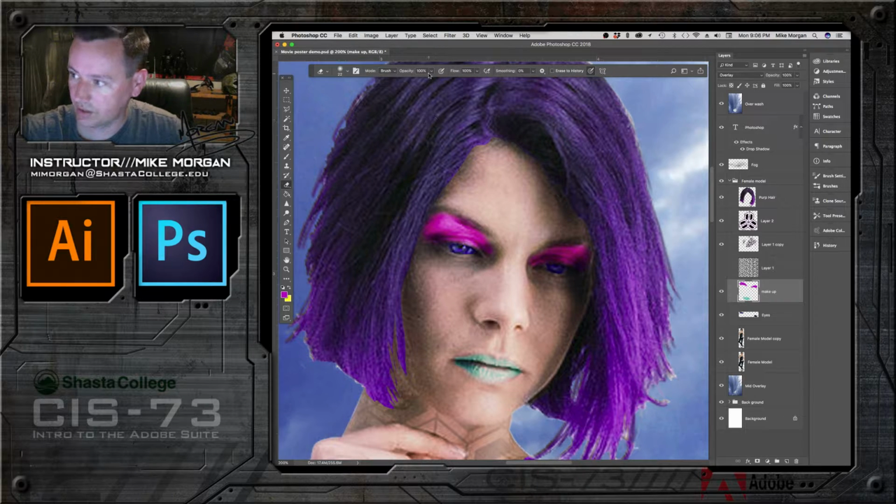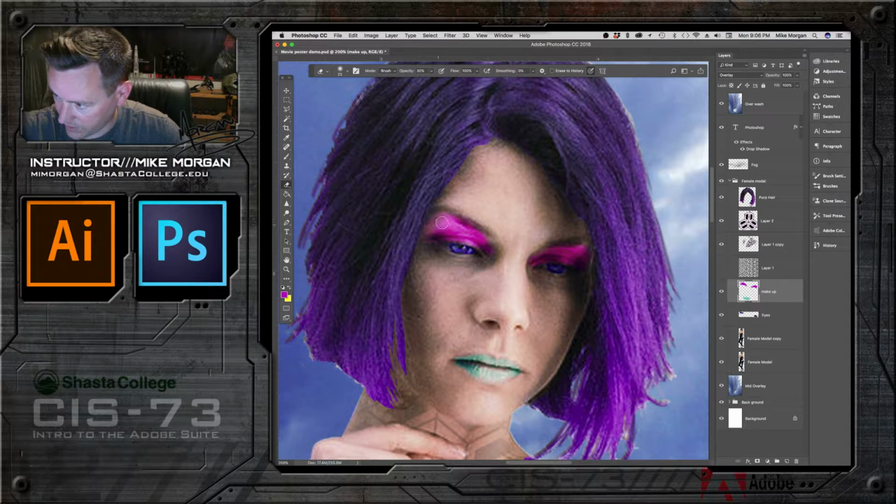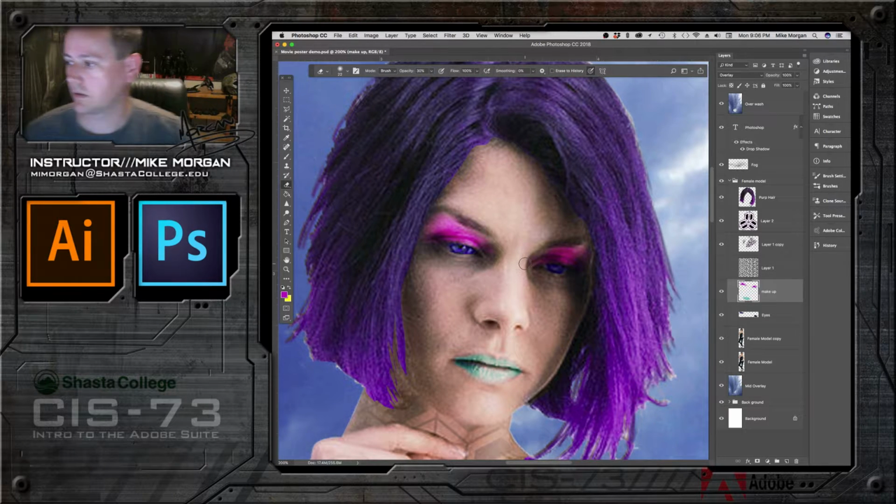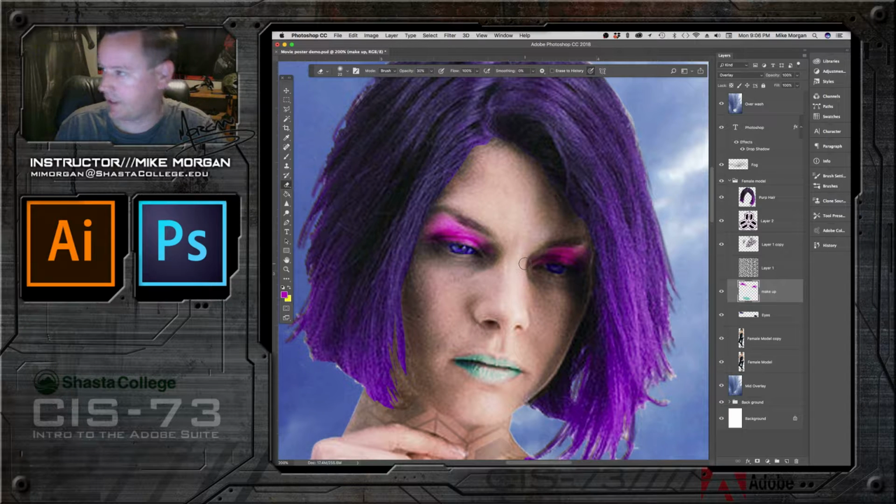Watch this. So if I wanted to do just 30% opacity, I can kind of feather that out at the end there. Maybe this one's not so drastic. Maybe in here it's not so drastic. Right? And then,